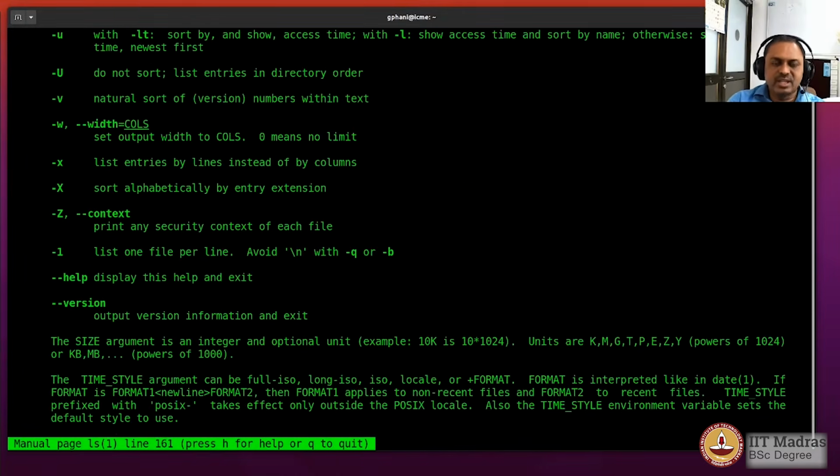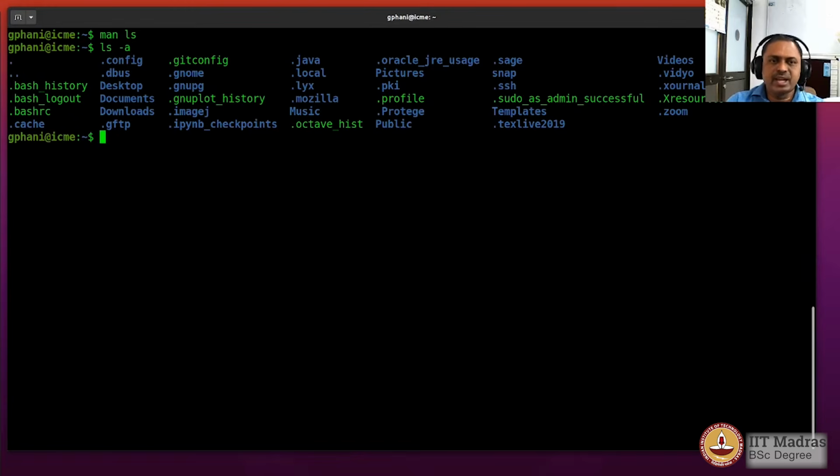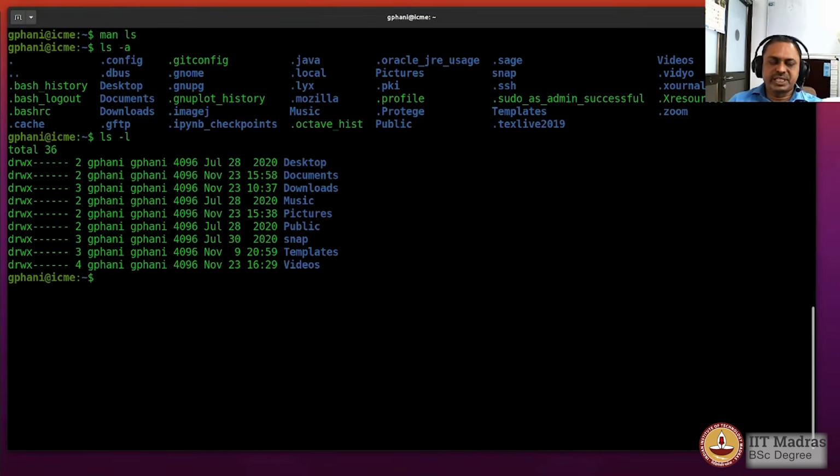You can read this to expand the scope of how the ls command would work for you. The most frequent options used with ls are ls -a to list all the files, and ls -l to list the files in a long format.